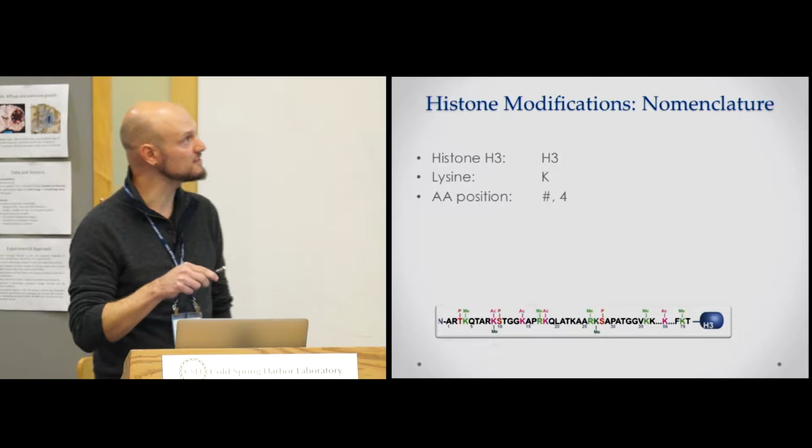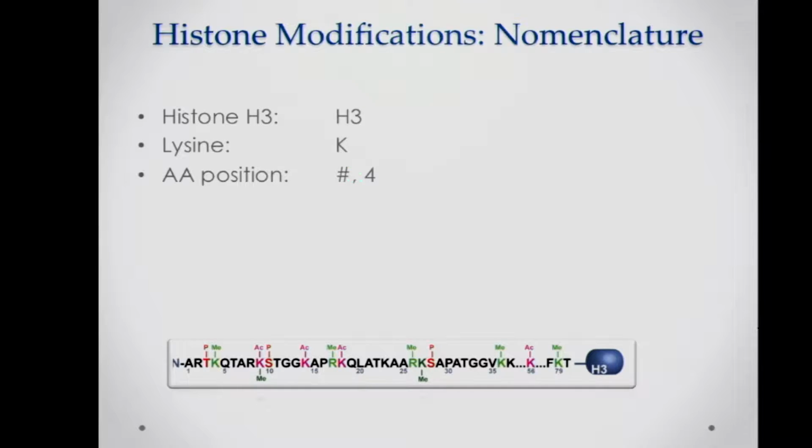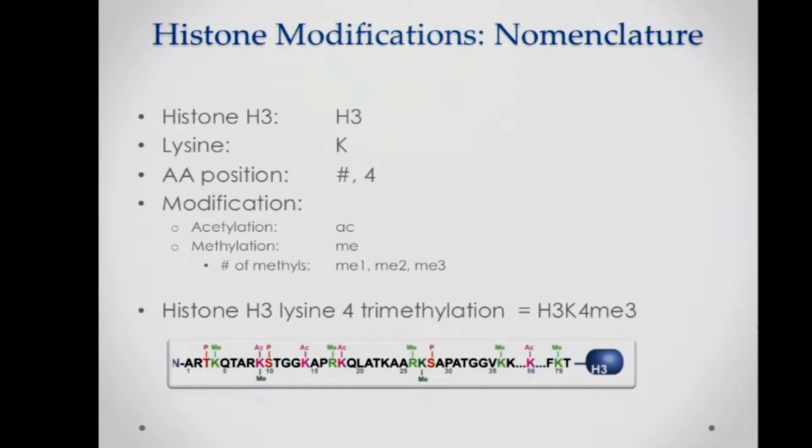And then the number that comes after the lysine, so for example, if it's 4, then that means we're talking about, so we're on histone H3, we're at lysine 4, and then of course the modification. Are we talking about acetylation or methylation? And then mono, di, tri. So when you're reading the literature, you might frequently see something like H3K4 trimethylation, and